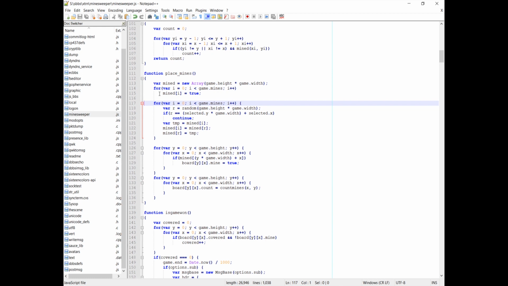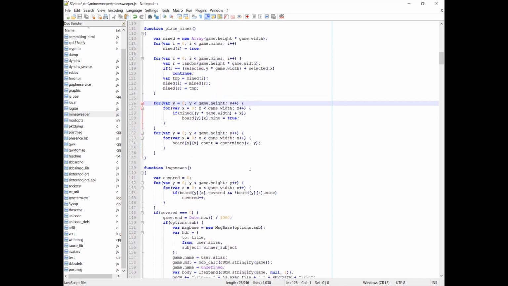Basically, it doesn't matter if there's already a mine there. You're just going to be swapping between a mine and a mine. No change, and then you move on. So there's no potential for a high number of random number calls. If you're going to place 10 mines, you're going to get 10 random numbers, and that's your placement of your mine. So it's a more ideal algorithm. Poorly explained. Okay, and then